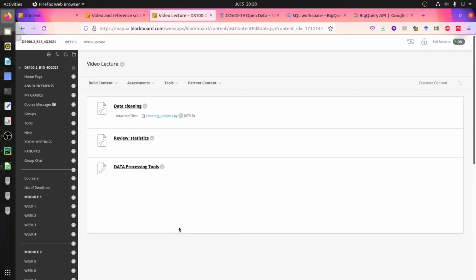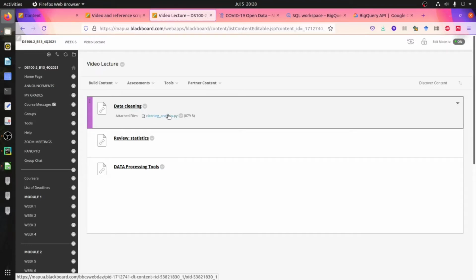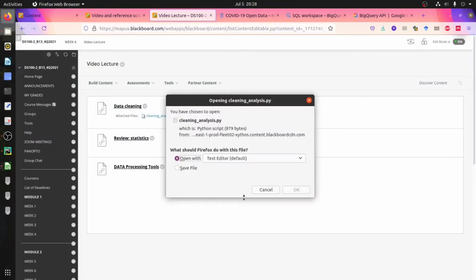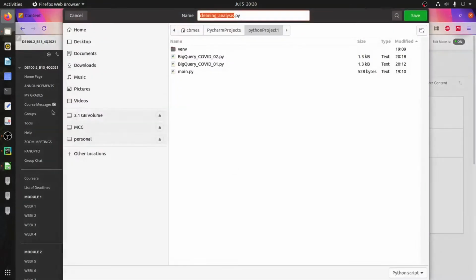After you're retrieving your data in Google Cloud using Google Cloud BigQuery, we can now start cleaning the data. So I added the cleaning Python file for the cleaning here. So you can just download it and save it to your directory. So I'm just going to download it and save it to my directory where I have my